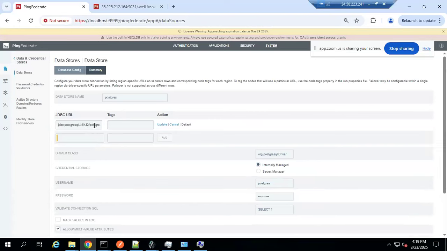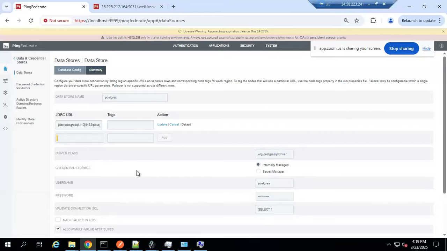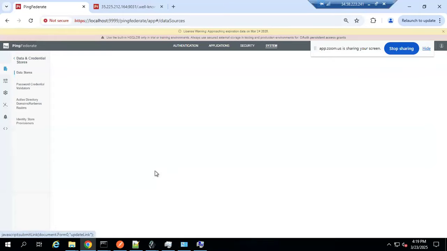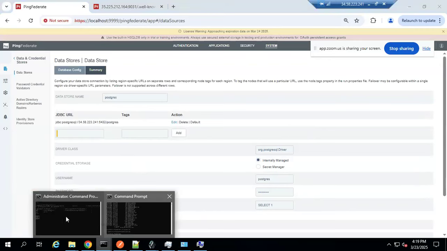My internal address of the machine is 10 dot, I think, what is that? Or let's say the external IP address is this. This is the admin address. Okay, I'm copying it right now. Yeah, so this is fine. JDBC PostgreSQL, then the IP address 34.58.223.241, colon, the port number is 5432 where our Postgres is running. Okay, so I think the port number should be fine. I think